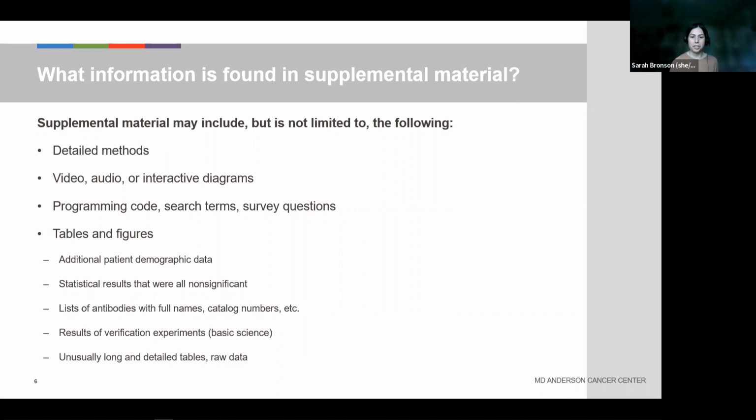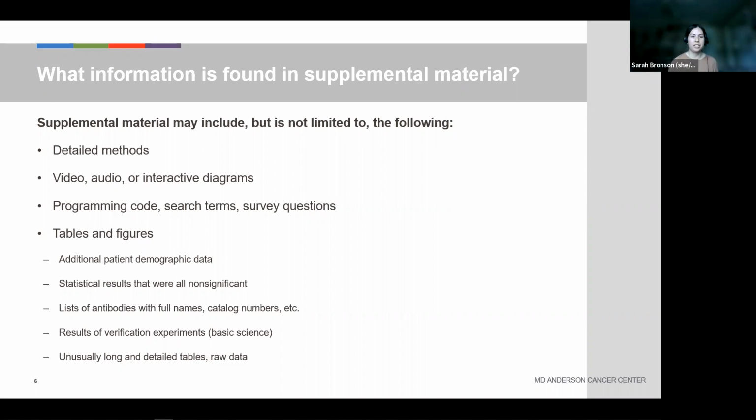Also the surveys that are used in behavioral research, it is important that you provide the exact ways that questions were posed to people. So for the purposes of reproducibility,